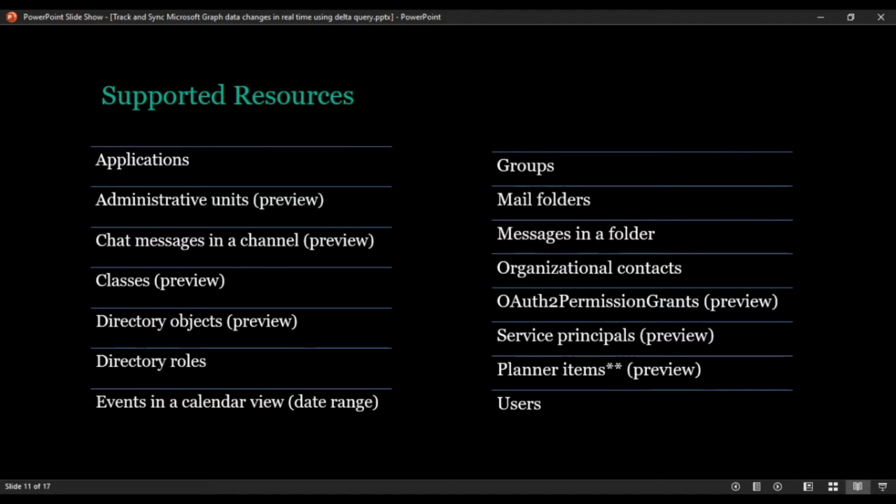If there are any inbox items or deleted items, you should be able to sync those too, and mail folders will be there. Also chat messages in channels; nowadays Teams is booming. So if you want to integrate anything using Microsoft Teams and sync your data in your third-party system or the system that you are building, you can keep thinking of this delta query, because keeping the messages in sync is a big headache, right?